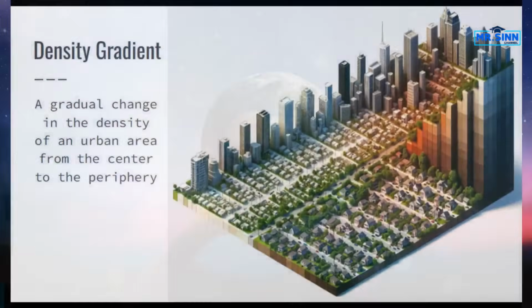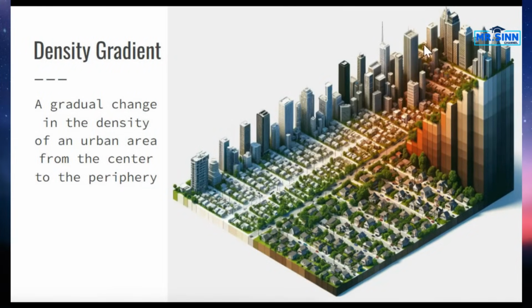So one of the things we saw with the models, and I'm going to keep going on, is that density changed. And this happens for not just our models, but all different urban areas and rural areas, to be fair. This also connects into a concept known as the density gradient. This is the gradual change in the density as we go from an urban area to the periphery. So the core in that center is going to have a higher density. As we move farther and farther out, our density continues to decrease. So I have an example here that you can see.